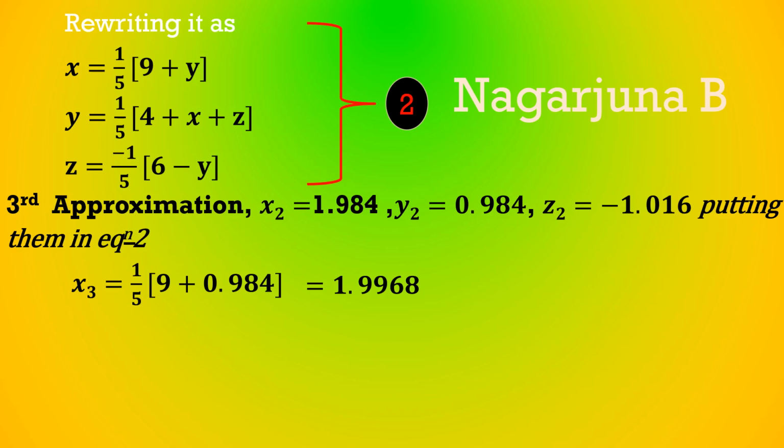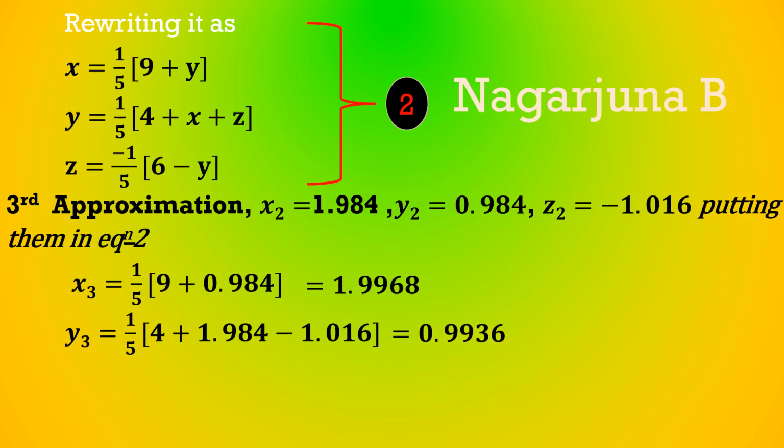Now calculate the y value. y3 is equal to 1 divided by 5 into 4 plus x value 1.984 plus z value minus 1.016. Open the bracket, 4 plus 1.984 minus 1.016, close the bracket, divided by 5, and that answer is